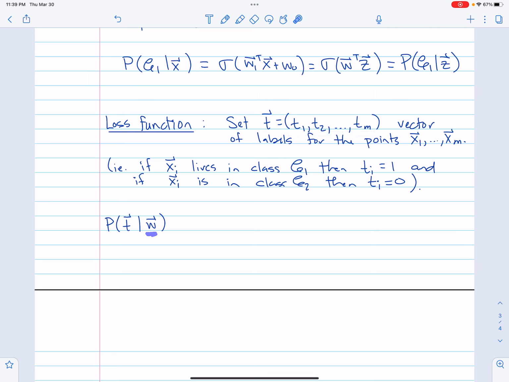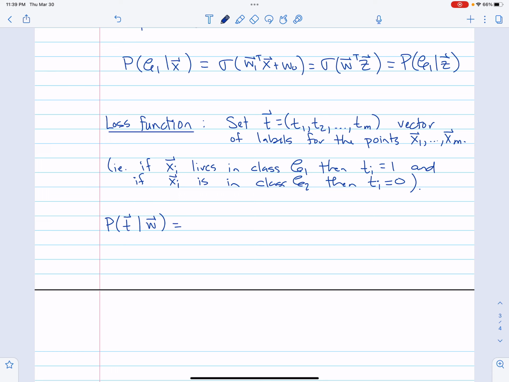If this is the vector attached to my data, these are all the labels of my data, what's the likelihood that I get those labels if my parameter vector is w? Okay? So what we want to do is pick the value of w that makes this the greatest, because these t labels are given to us. So we want to pick the model where the probability of getting the labels that we actually see is as high as possible. So,